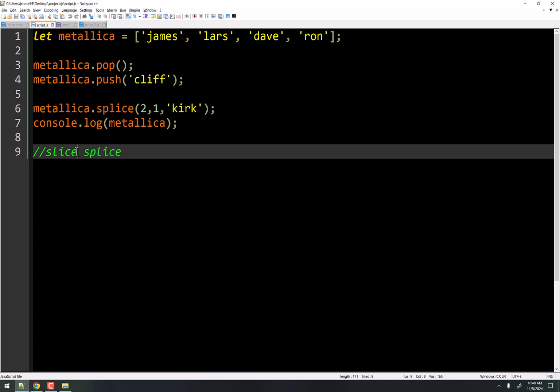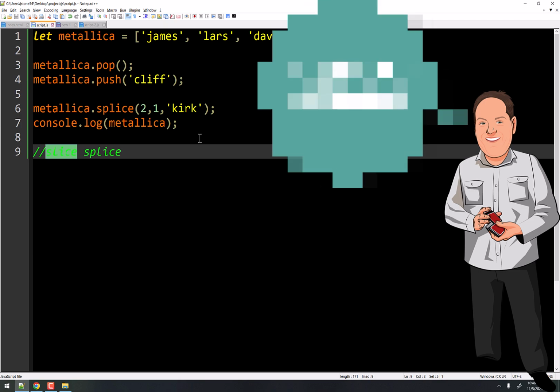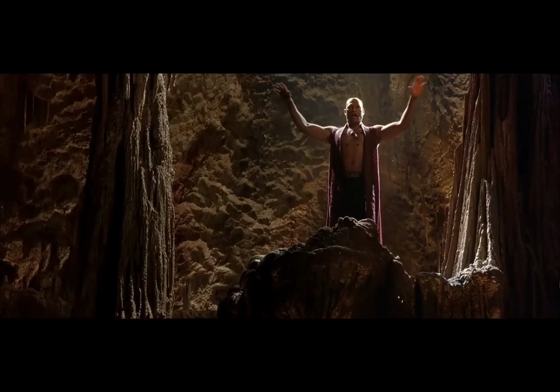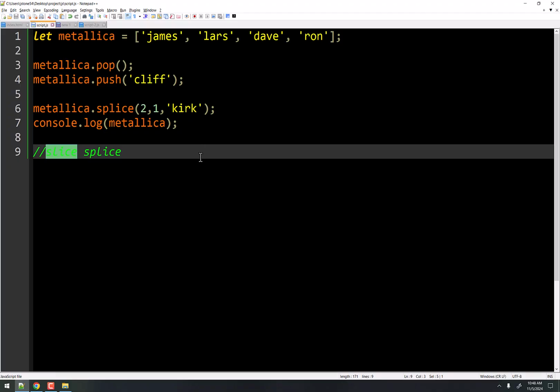All right, what the heck is slice? That was splice. Slice does what it sounds like: you're going to take a slice of the array. If I have a whole cake and I take a slice of cake, that's just taking part of the cake. So let's take a look at what that does. Note, this is the first function we've looked at here that doesn't change the array. It just gives you a piece of it. Now, when you cut a cake, you're changing the cake for sure, so the analogy kind of falls apart a little bit. But in this case, you're taking a slice of the array, but you're not actually modifying the array. It just returns a smaller piece of the array.